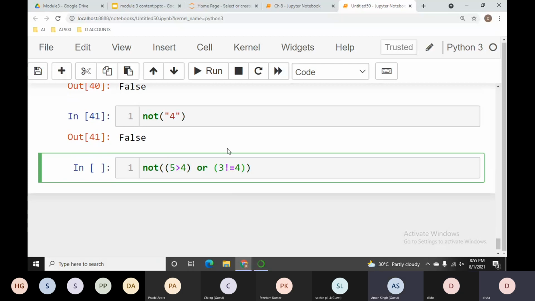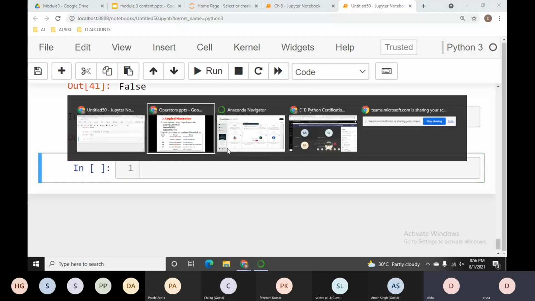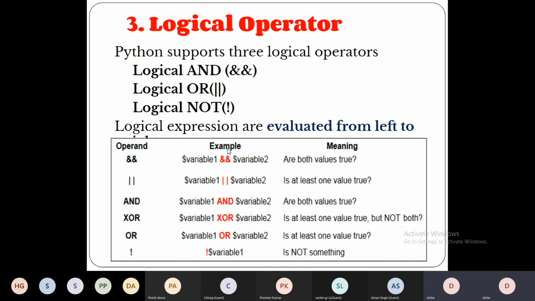False. So whoever gave the answer was correct. The answer is false. When we are using a not operator, within that we used our or operator, and then we will get a result. So this is your false. So I hope I'm clear with you all with all these logical operators, right?